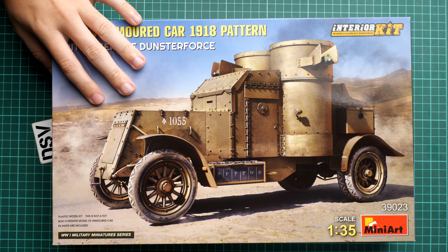Hi everyone, today we have a new video review, and as you can see, this time we are going to check the fresh release from Miniart, and it is interesting because it's the Austin armored car from 1918, and as you can see we get the British service Dunsterforce version in 1/35 scale,